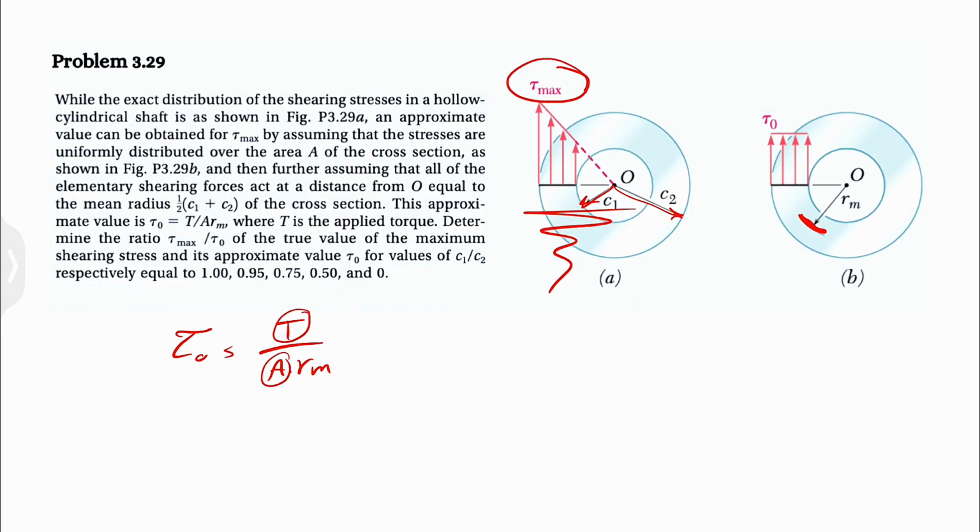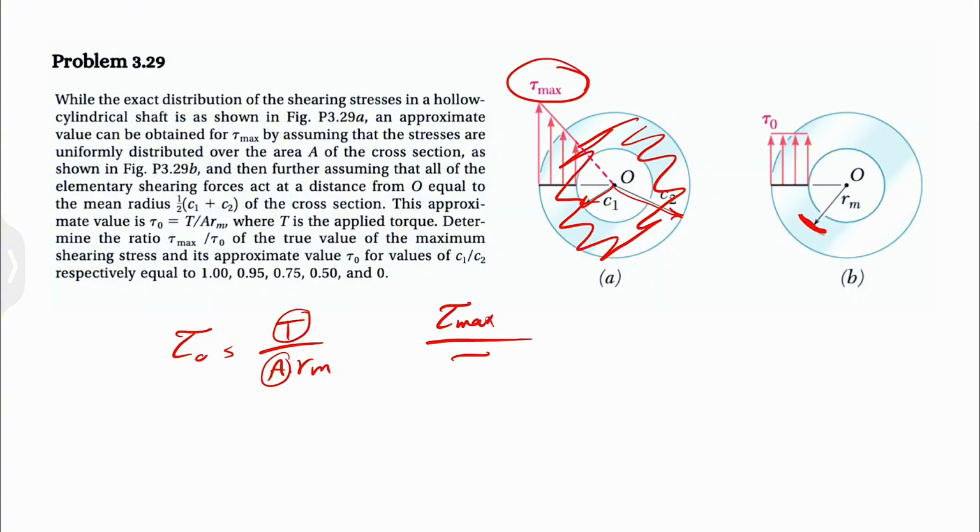So T is torque, A is the area of the cross section, and we need to determine the ratio of tau max, the maximum allowable shearing stress, over tau zero, which is what we defined here,